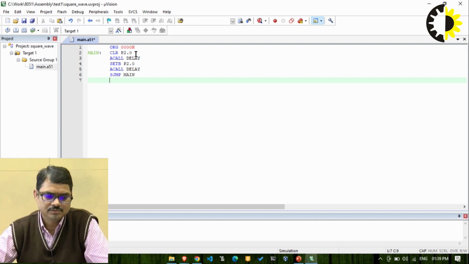Your P2.0 pin will be put on logic low, and you are calling a subroutine that is named as delay, and the delay operation will be performed, and till that time P2.0 will remain at logic low. After the delay operation is completed, then we are putting P2.0 at logic high, and again we are engaging our microcontroller with some delay operations,